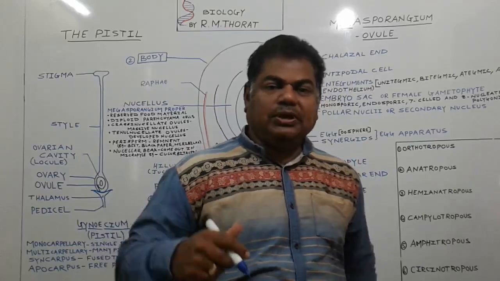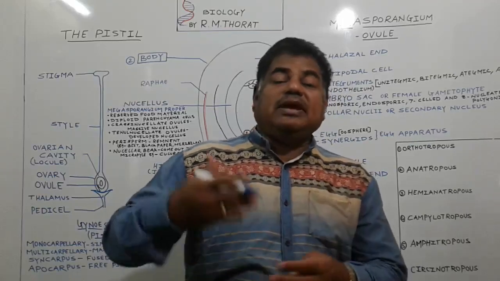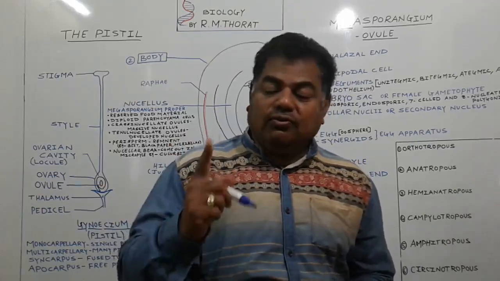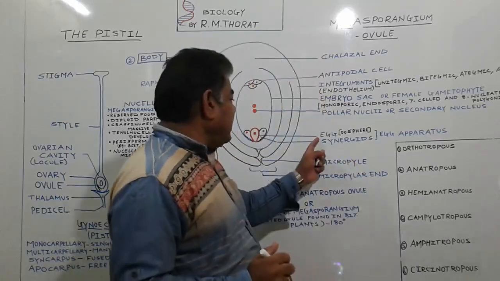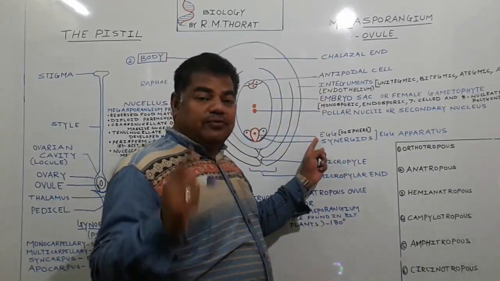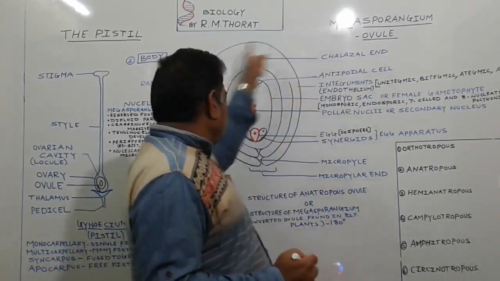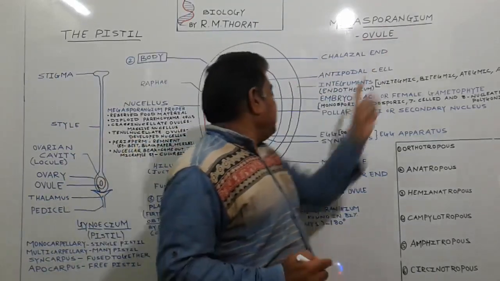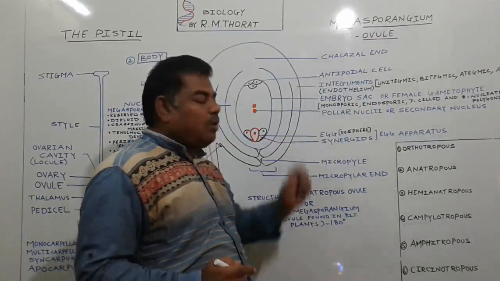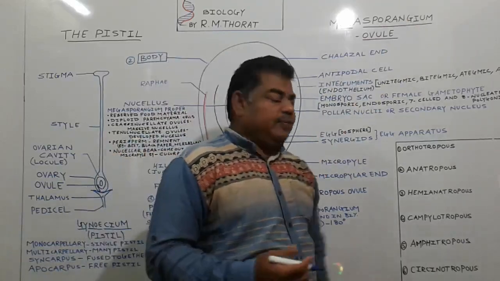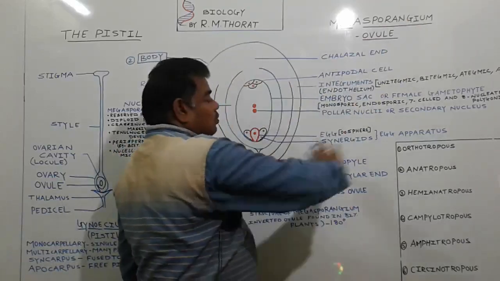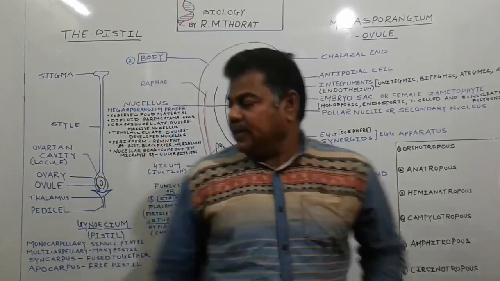It is also microscopic in nature, but we call it a megaspore because it is countable, 1, 2 like this. Here only one egg is there, due to which we call it countable, and hence a megaspore. This structure we call a megasporangium, in which the megaspore is formed. We will see all of this concerning the ovule in the next video.